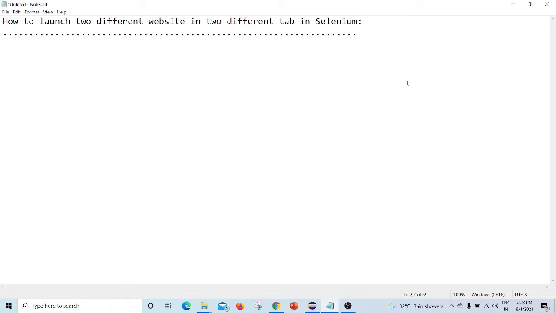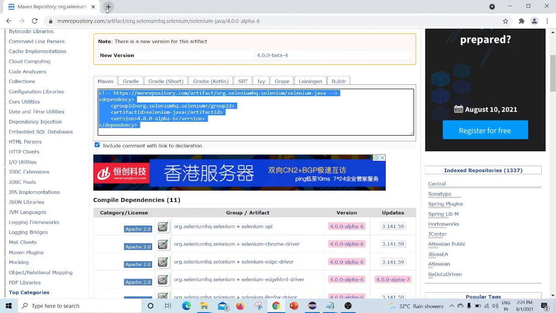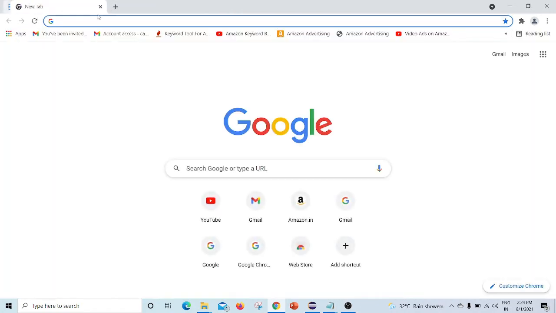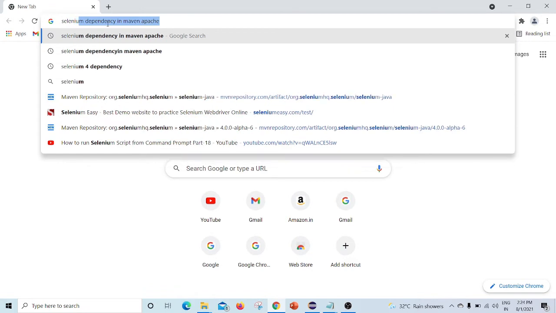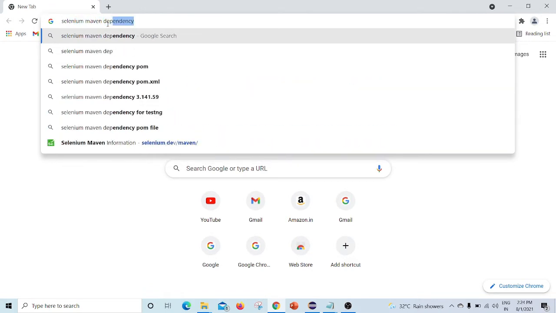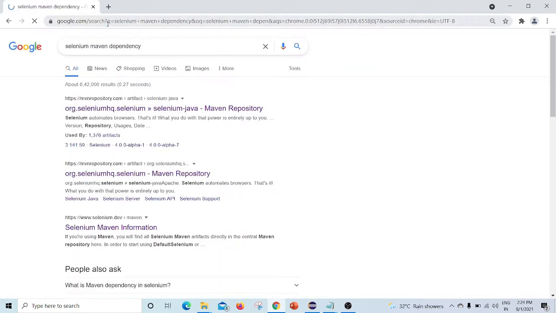So let me go to the Maven repository section, because you have to download the particular dependency and add it in the pom.xml file. So I am going to that website. Just type Selenium Maven dependency and click on the first link.